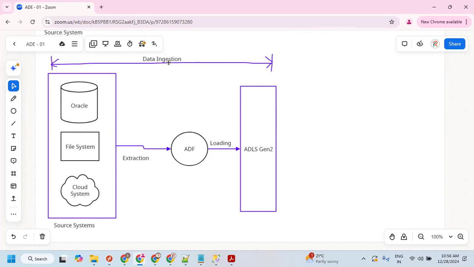And so once the data was ingested into the Azure Data Lake Storage Gen 2, then we need to transform the data. We are not going to give the data as it is to the target. We have to transform, we have to save the data, we have to integrate the data. So in order to do this, in the second stage,